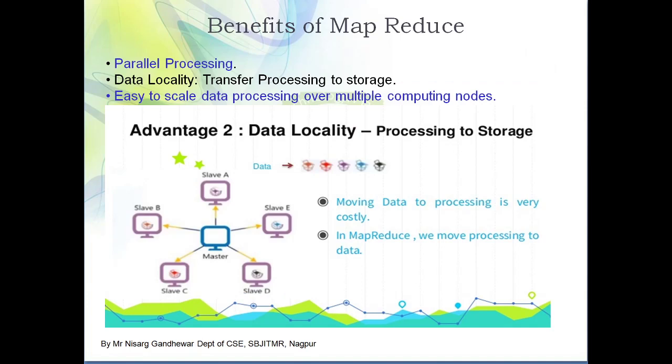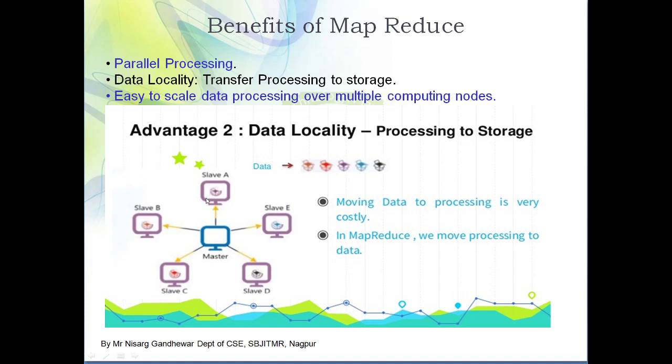Then next one is, what are the advantages, or you can say benefits, of MapReduce. The very first advantage is parallel processing. So you know that there are two types of processing: traditional or normal processing, and parallel processing. We will take the help of this diagram to explain the concept of normal processing and parallel processing. Suppose we consider the scenario of normal processing.